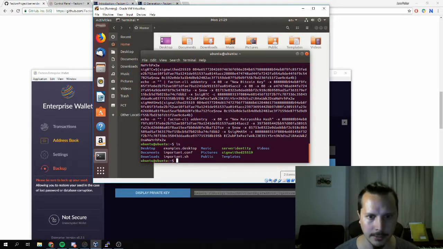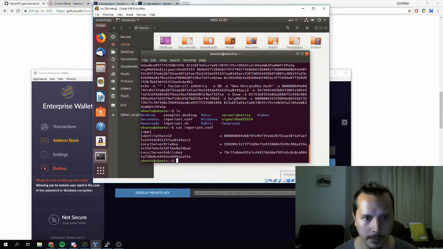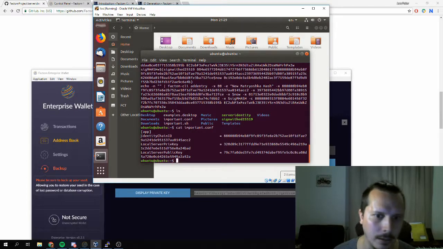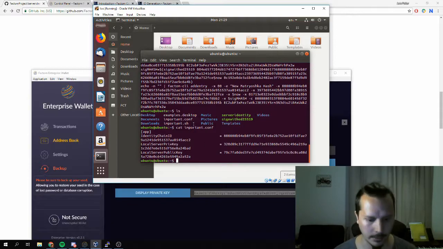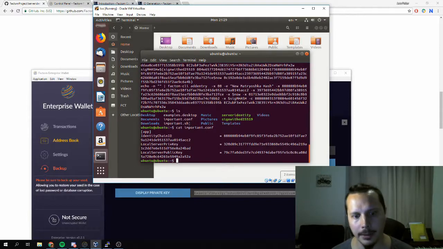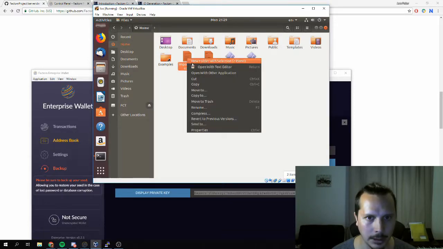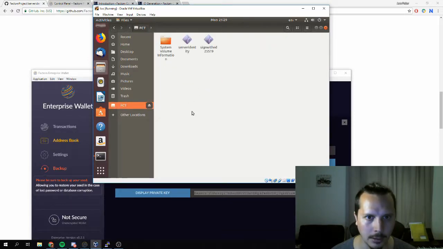And we've created some files called important.conf and important.sh. Now if you look at the important.conf file, you will see this will be placed inside your factomd.conf file for this particular node. And in the important.sh file, it's the data that will be written to the blockchain, basically. So these two new files we'll copy onto the USB stick,